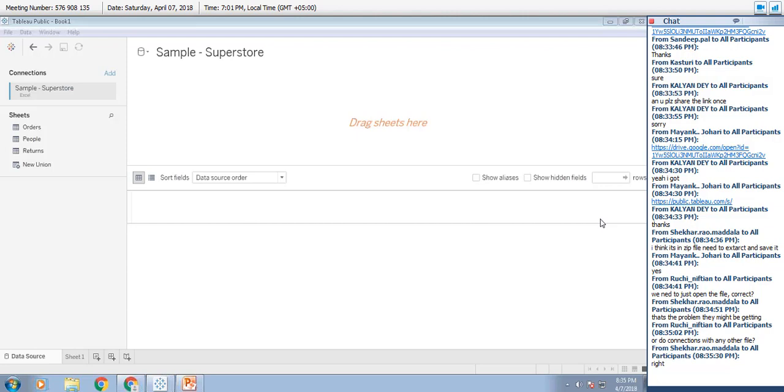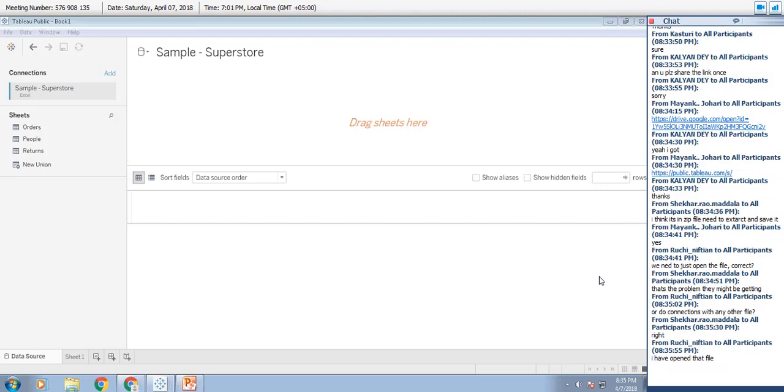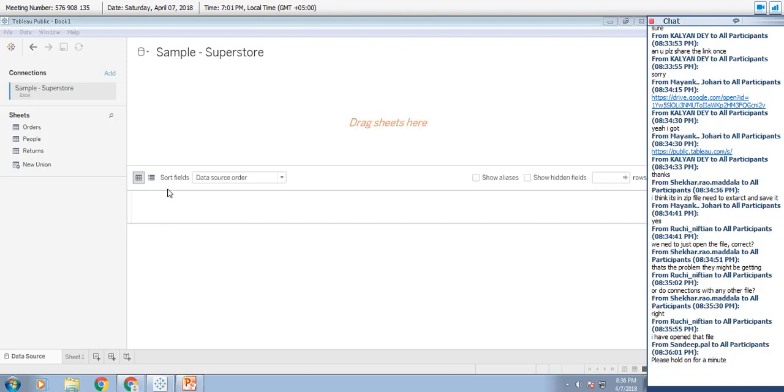It's an Excel file. Right now, I'm showing you an example of how to connect to an Excel file. And once you have selected it, this window will be shown to you.